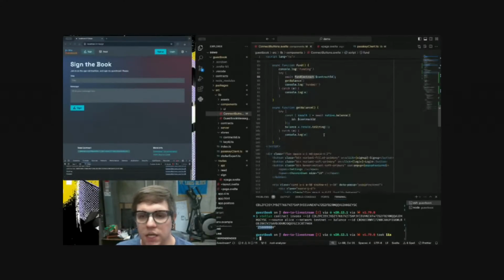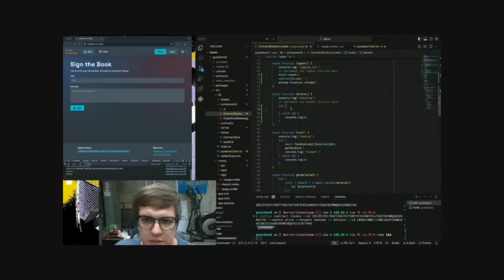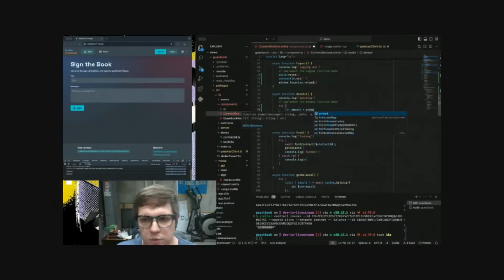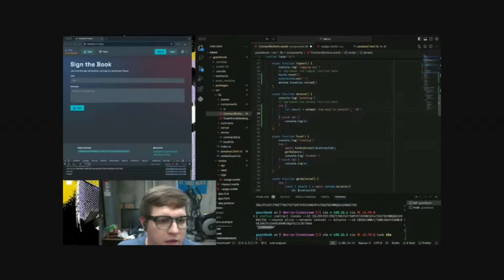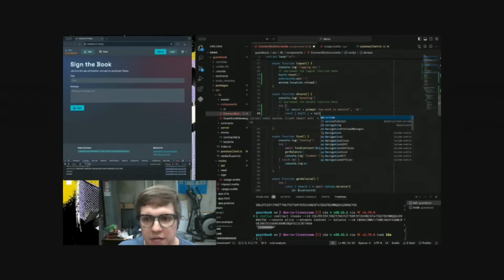And let's see if we can, real quick, we've got about 10 minutes. Let's make this donate function so that we can actually do something neat besides just signing messages. So we will, again, in a try block, get an amount and just do a prompt: how much to donate? We can suggest maybe users want to donate 10 lumens. And then we'll get another built transaction equals the native